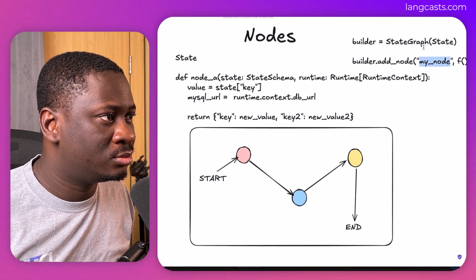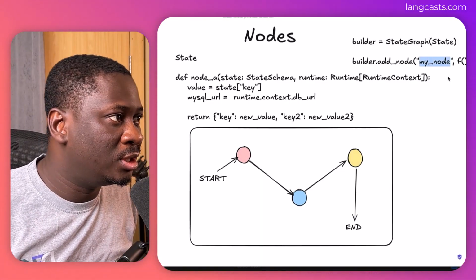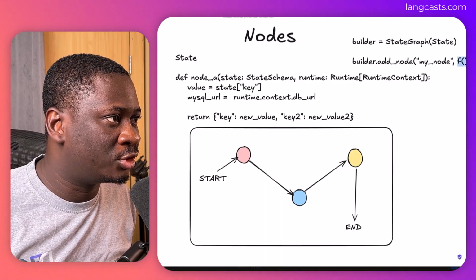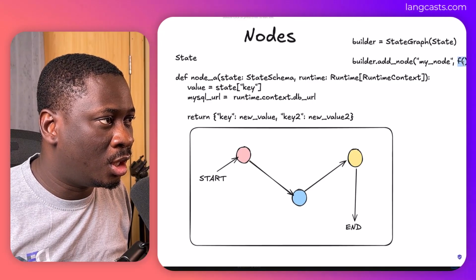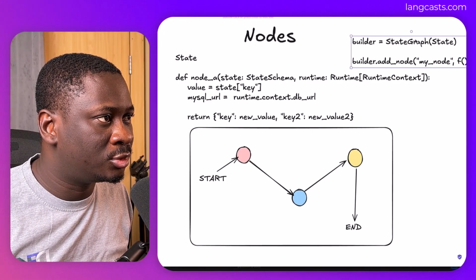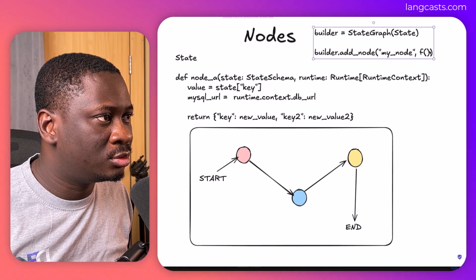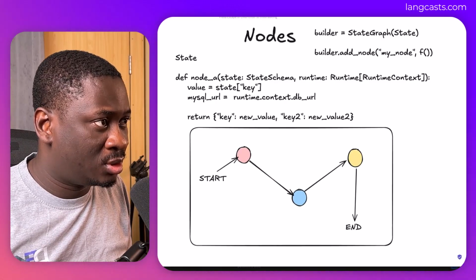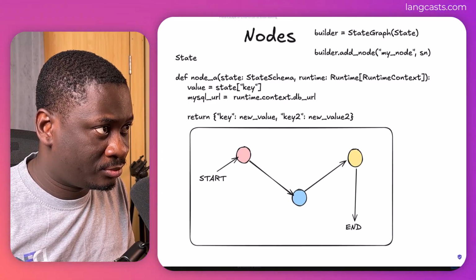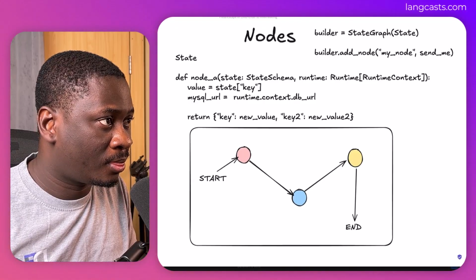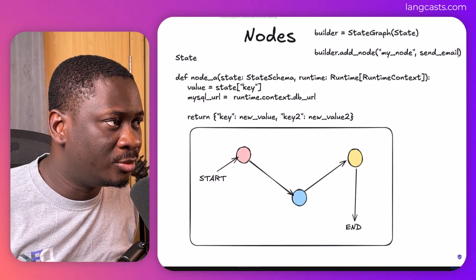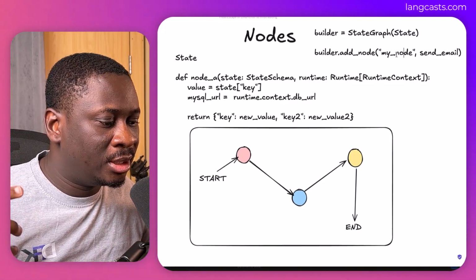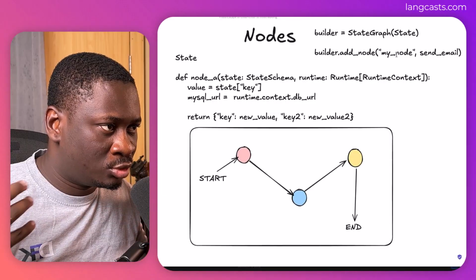So you give it the name of your node, that's the name you want to call your node, and you also pass in the name of the function. So if the function is, let's say, send_email, you come here and say send_email. Now, it is best practice to always give your nodes a name that describes what